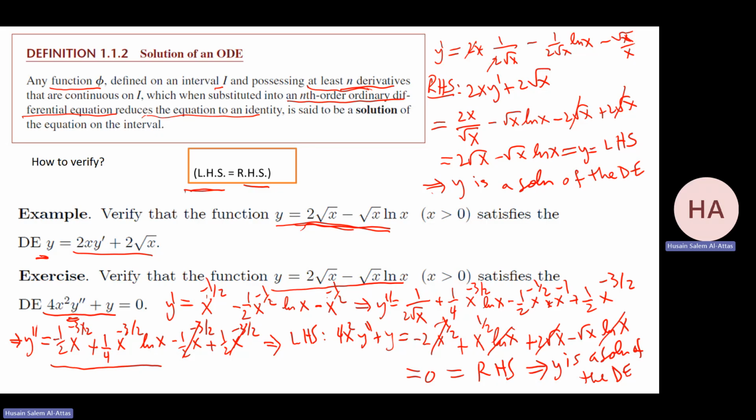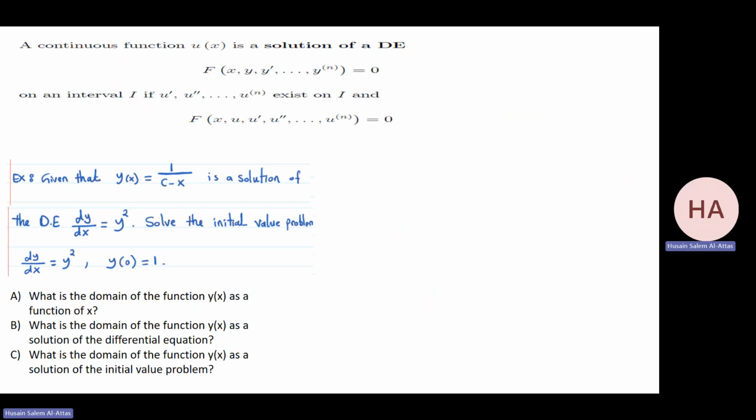So simply, how to check it's a solution? We just substitute to check the left-hand side equals the right-hand side, especially since it's an implicit solution. Explicit is something else. As I said, the function should be at least continuous, since this is the basic thing to be differentiable. And so I need y prime, y double prime, the nth derivative, if I'm talking about the nth order differential